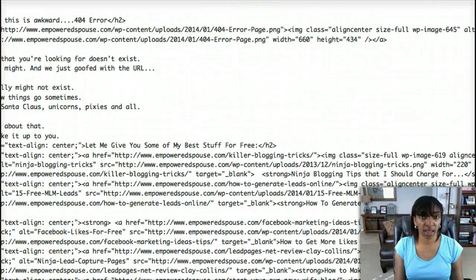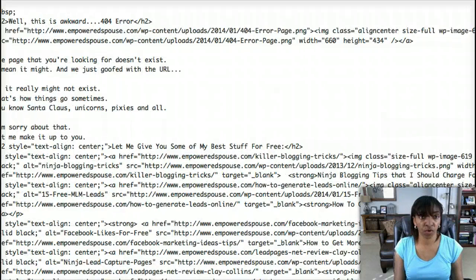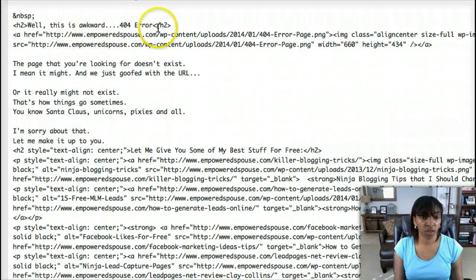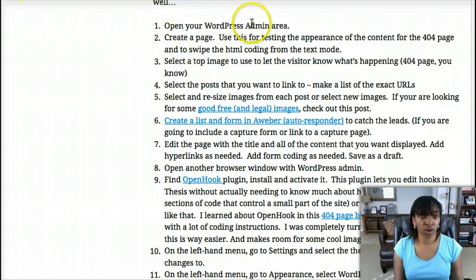So this is what I have for my 404 page. Starts with, well, this is awkward, right? So that part is my title. So I would select this, copy it, and then take it over and paste it into the tool that I'm going to show you. Okay, so you open your admin, create a page,